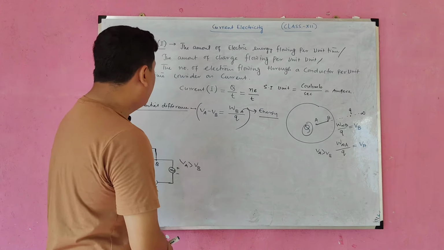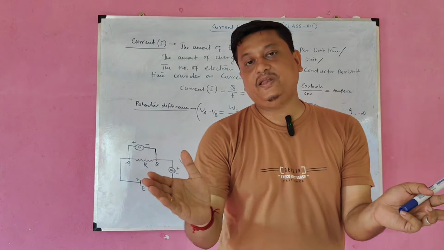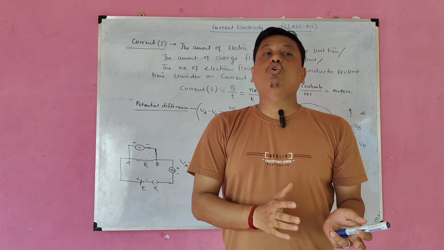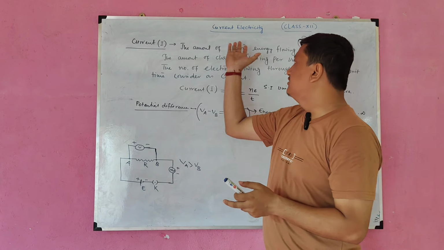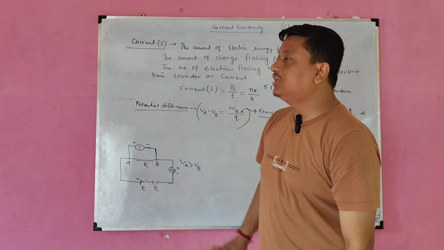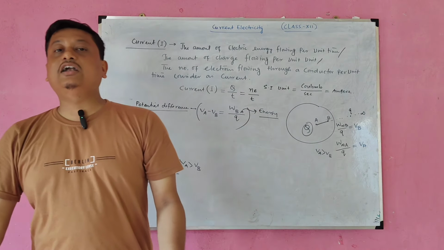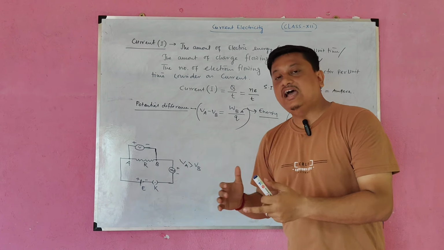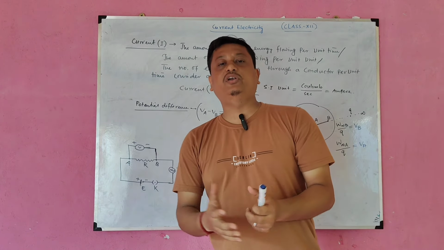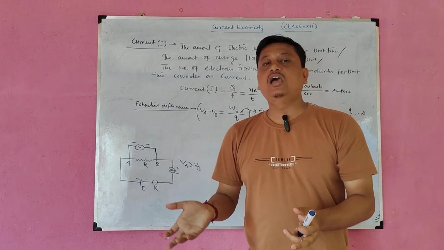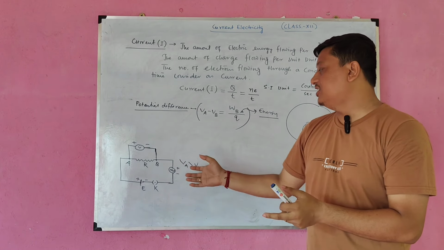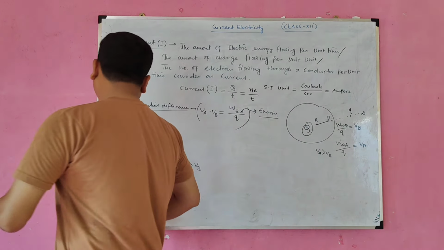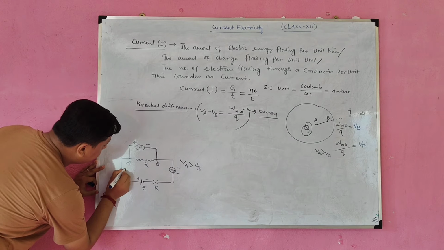The current. So for finding the relation between the voltage difference and current, everybody knows the basic law, that is Ohm's law. Because without Ohm's law we cannot proceed. During our chapter current electricity, we have to know the concepts of Ohm's law. And you know that Ohm's law gives us information about how much current is flowing through a conductor, which depends upon the voltage difference or potential difference. How much difference of energy, that gives the concept of how much energy is flowing. So if this is point A, this is point B, and the current flowing through the conductor is I here,